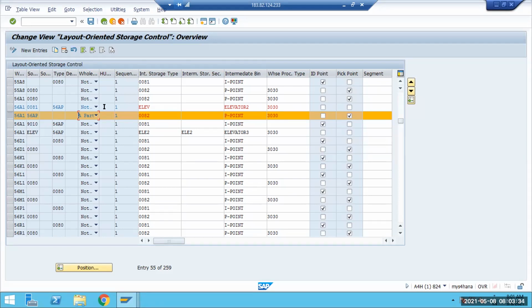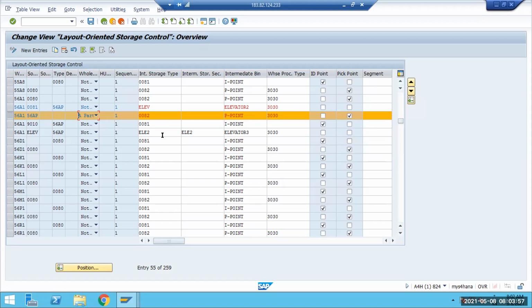So in this case, if 56 AP is not relevant, or if it is partial, then this pick point you may treat as a work center also. But parallelly, if you have one interim stage after the pick point as a work center, that also will be considered as a second entry, and after that the elevator will come into picture, same as inbound. Yeah, that was what I was trying to understand.